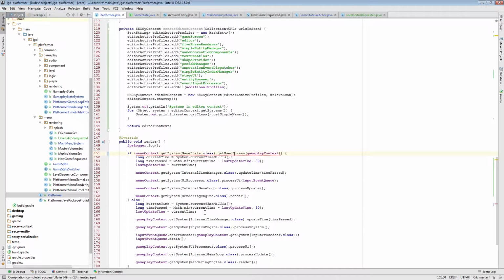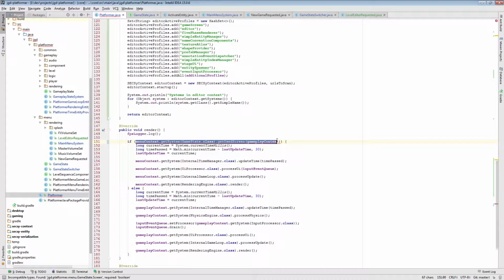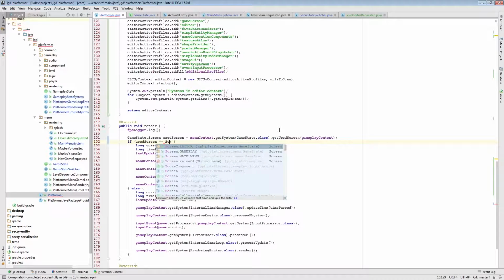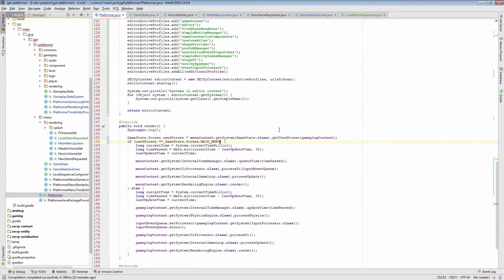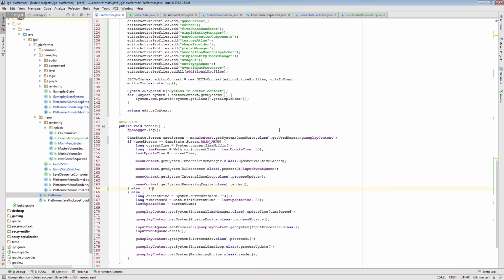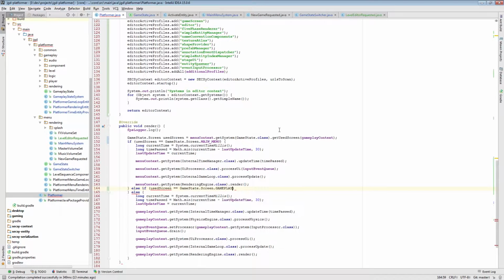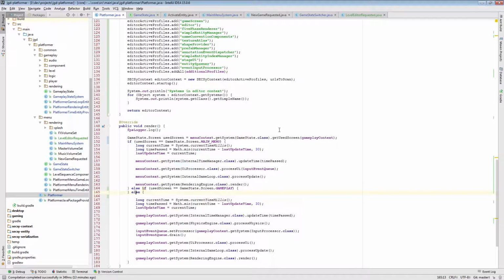Okay, now here, used screen. If used screen equals screen main menu, we do this part. Else if used screen is screen gameplay, we do this part. Else